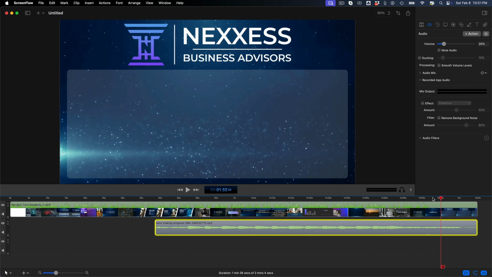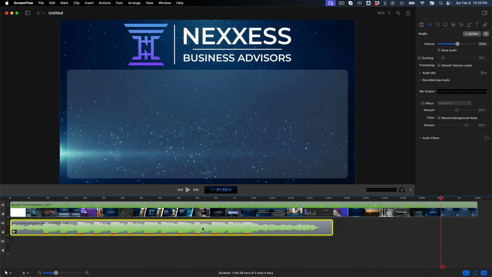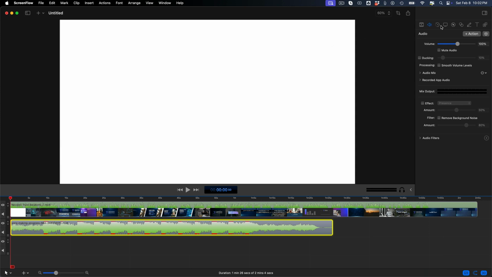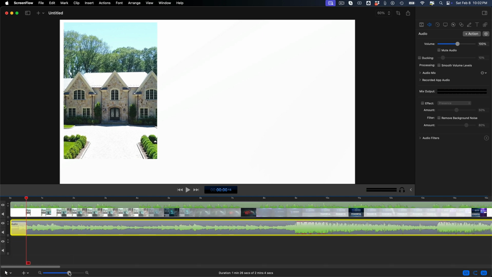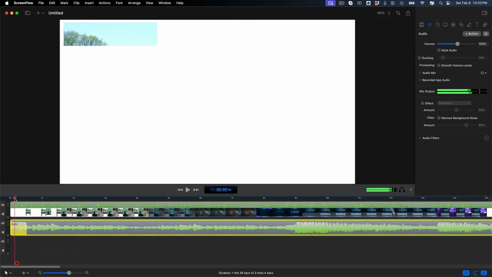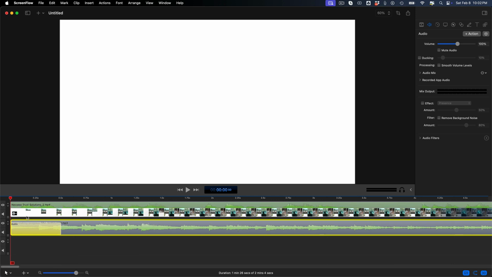And I kind of want the music to come back in at a higher volume here. So instead of dragging the whole track down, I'm going to put that back up to 100. So the first thing we're going to do is edit the length of this track, but I also want to bring it down. So in the audio, I'm going to add an audio action. At the start, I go to the start of the audio action, and now I'm going to reduce the volume